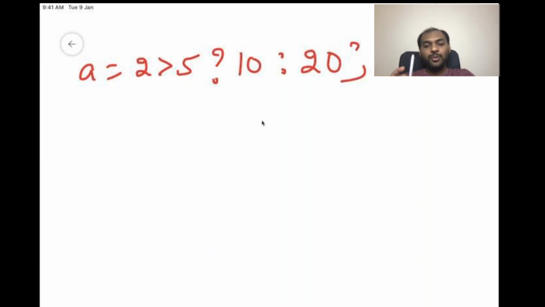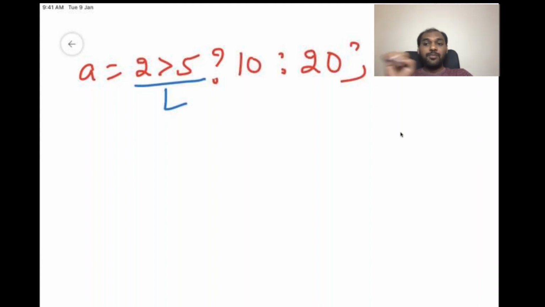Then what do we have to do? We have to split our expression into 3 arguments. How are we going to split it? Up to the question mark, consider it as the left side.